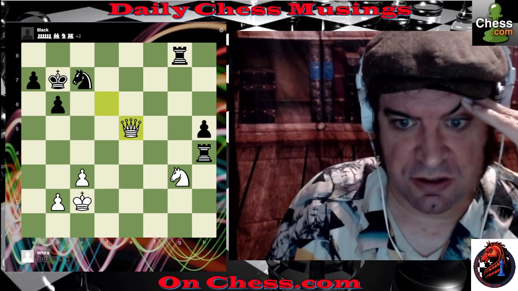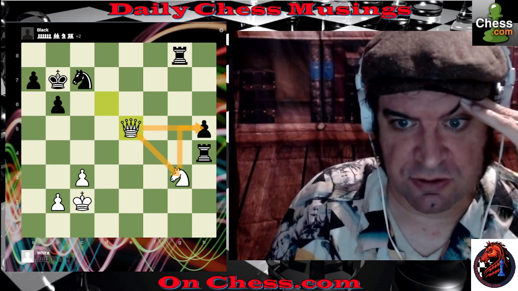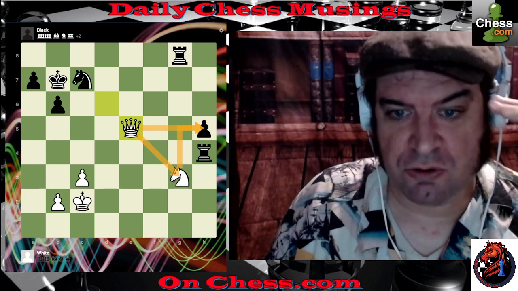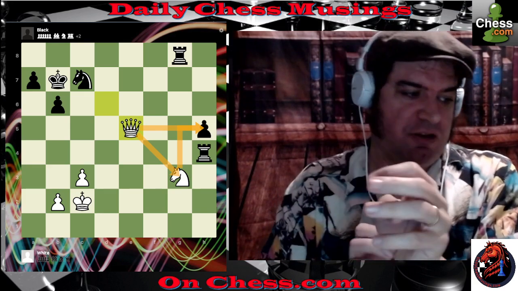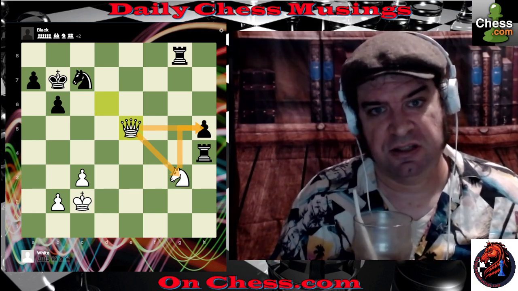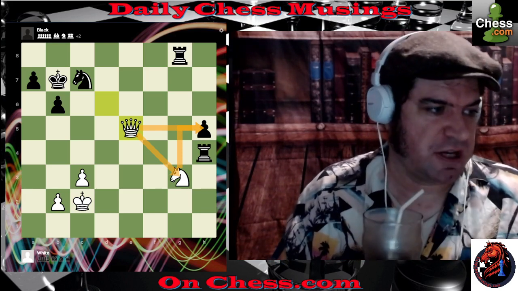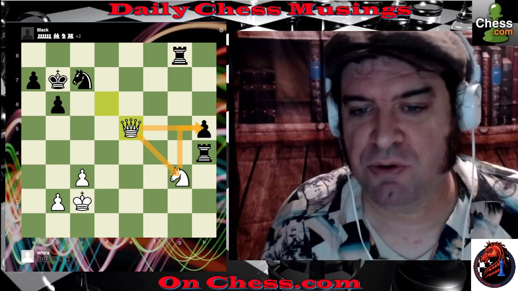This is a nice little bit of geometry here, defending the knight and threatening this pawn twice. I like the coordination of the queen and the knight. A queen and a knight can coordinate really nicely because the knight fills in the gaps that the queen can't move, right? So a rook and a bishop can move like a queen, basically, right? But a queen and a knight,